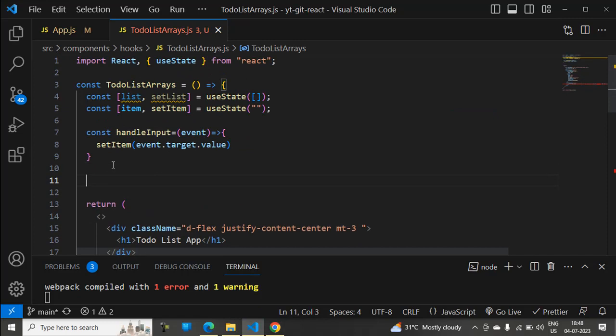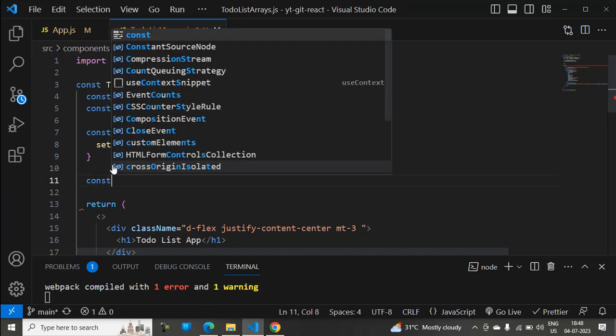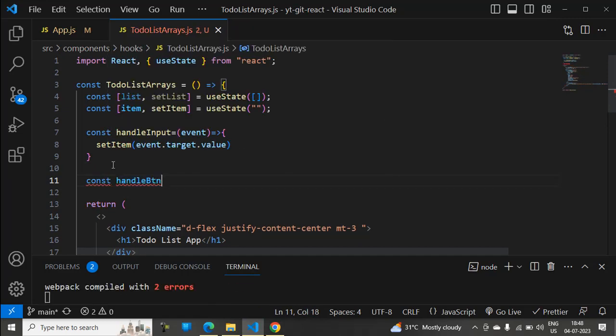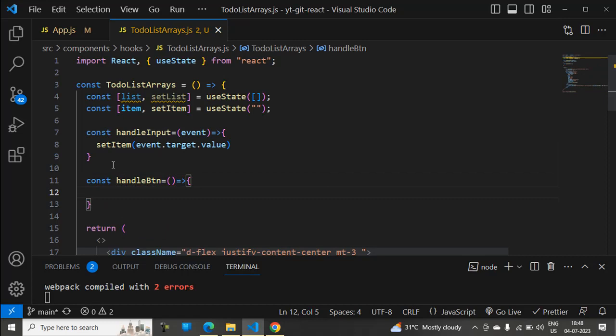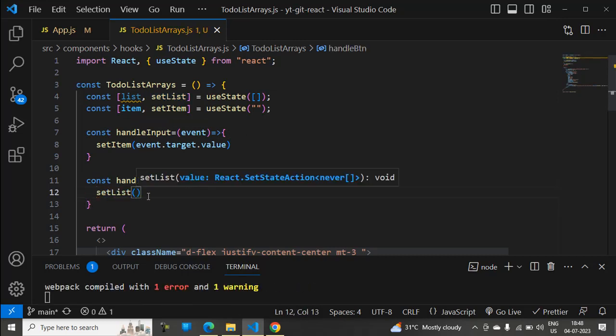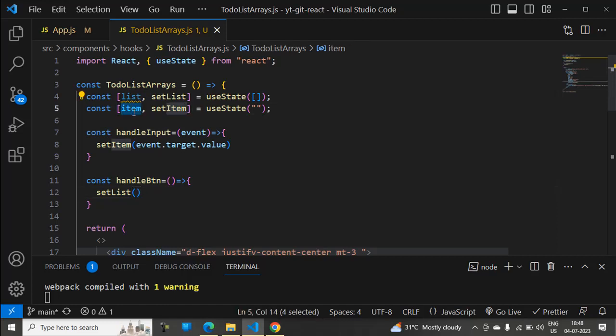Const handleButton equals, within parentheses, let's take the arrow function, and we'll update this set list. Ctrl+C, Ctrl+V, within parentheses we'll update this item. Ctrl+C, Ctrl+V. Before updating item, we should focus on